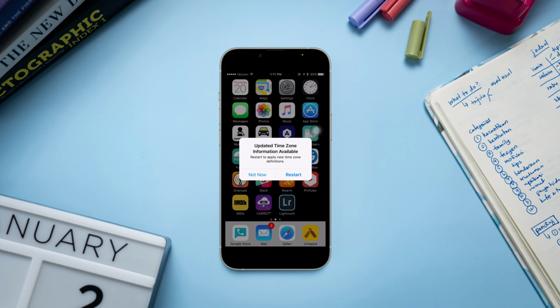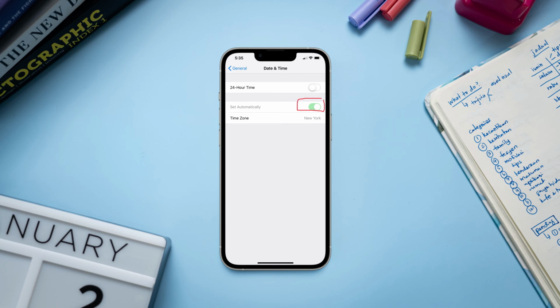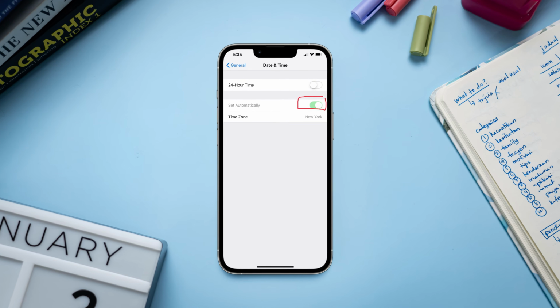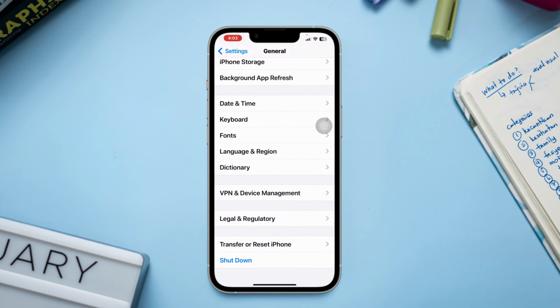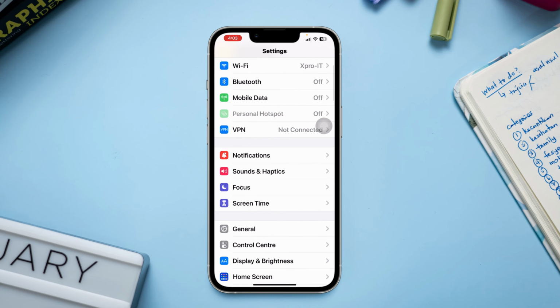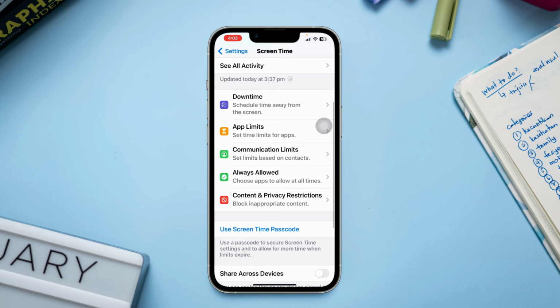If you're experiencing difficulty setting the time zone manually on your iPhone and receiving an error message stating that it cannot be set due to device restrictions, don't worry. Here, I'll show you a quick way to solve this issue. So let's get started. Solution 1: open Settings, tap Screen Time, scroll down, tap Content and Privacy Restrictions, turn this